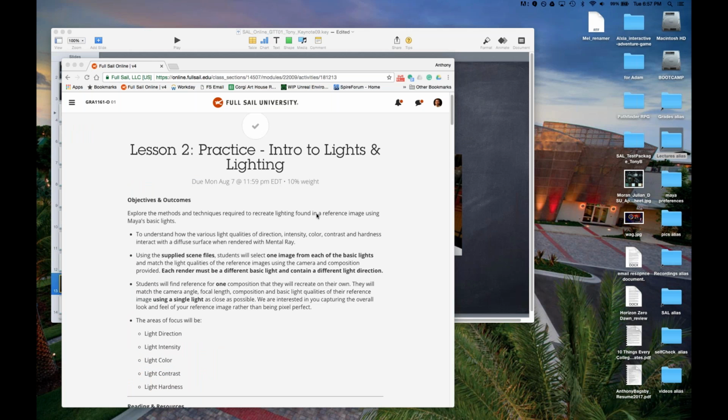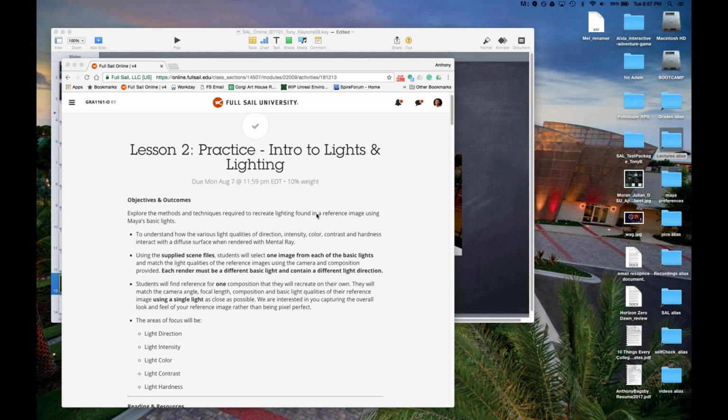So the point of Project 2 is we're learning how to use lights. So we're going to start by using one light at a time, and we're going to be adjusting the settings to match a reference, just like we did in Project 1. But in Project 2, instead of adjusting the render settings, we're adjusting the settings on the lights.